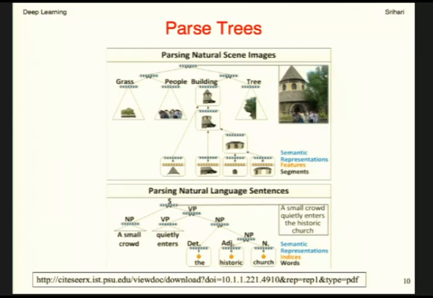So there is this semantic representation of features and segments. Similarly, for a natural language sentence, this corresponds to the description of that. A small crowd quietly enters the historic church. And again, you have subject, noun phrase, verb phrase, and so on. A small crowd is a noun phrase, quietly enters is a verb phrase, and this is the historic church with a determiner, adjective, and a noun. So we say this is what's meant by a parse tree of a sentence, and we have a parse tree